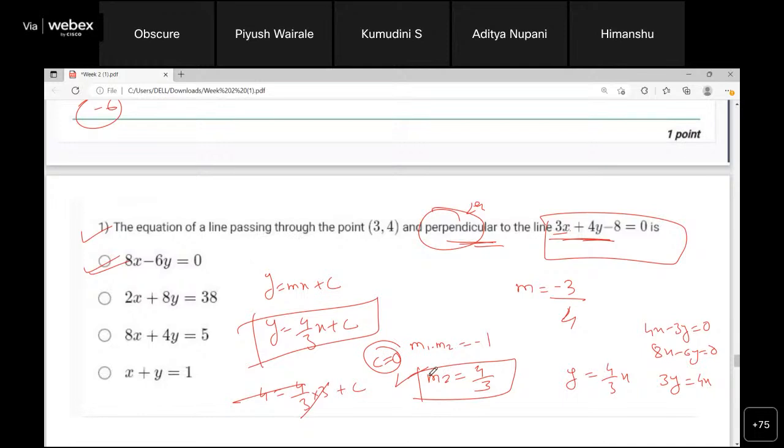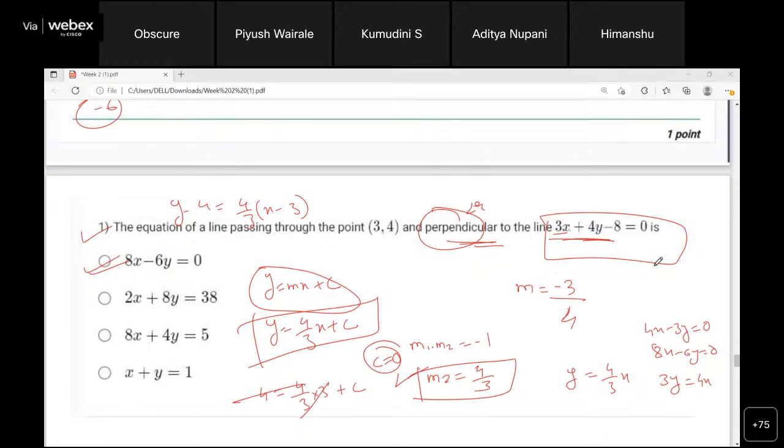Sorry, you are saying that we get the slope m2 equals 4 by 3, right? Then using that, 8x minus 6y, the slope will also be 8 by 6. Using the slope formula, can't we equate those equations? Yeah, 8 by 6 will also be the slope. You can use any form. You can use the slope point form also. No issue. Same like y minus 4 equals 4 by 3 times x minus 3, right? Just simplify this, you will get the same thing. Okay, sir. Thank you.